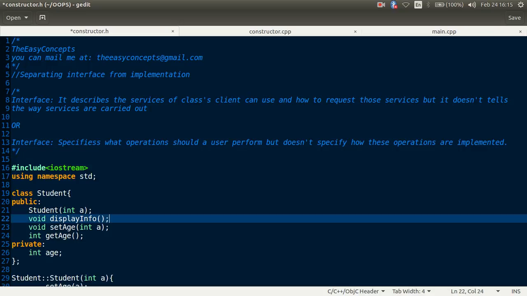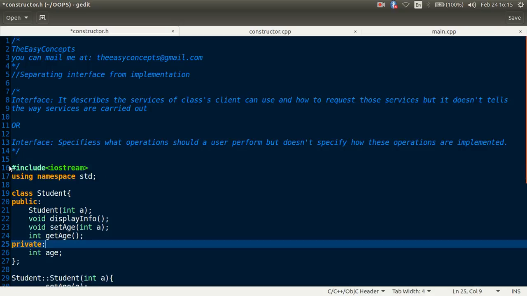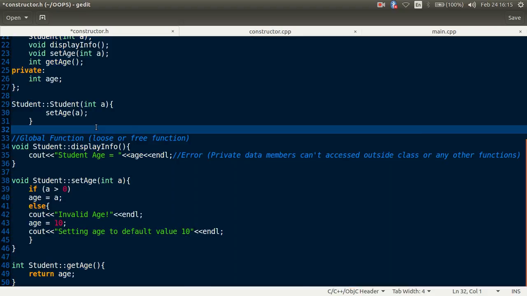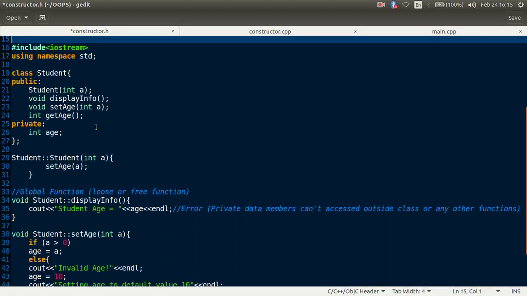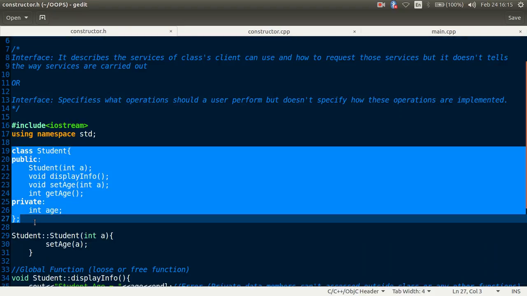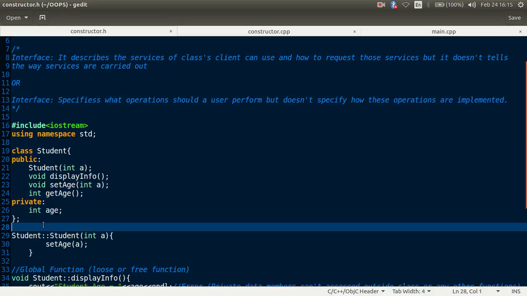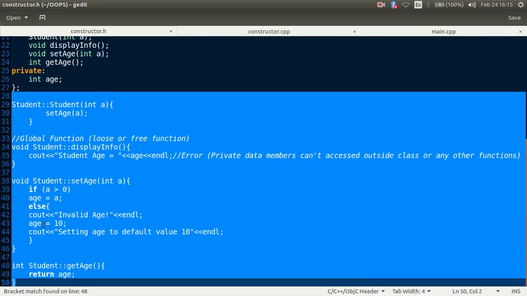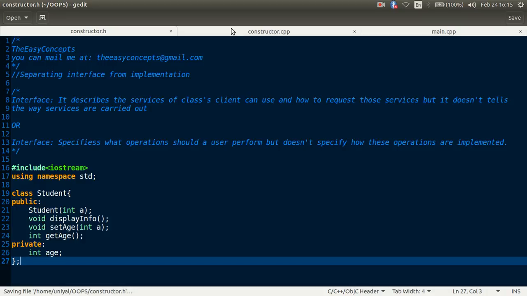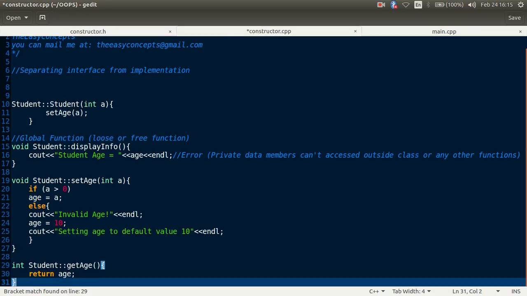So what we have to do is separate the implementation and prototypes into different files. What is the interface? This is the interface. It tells what we can perform, but it does not tell us how we are going to perform it. The part that tells us how to perform something, we will put in a separate file here.